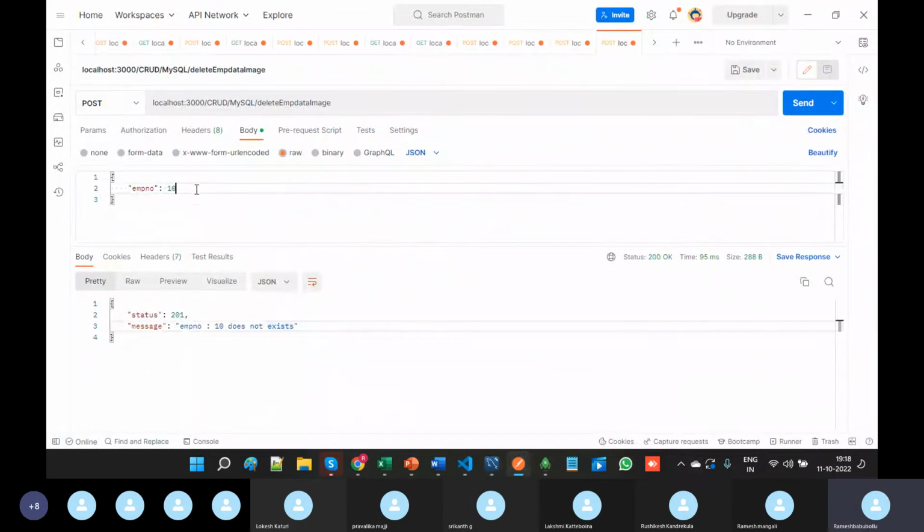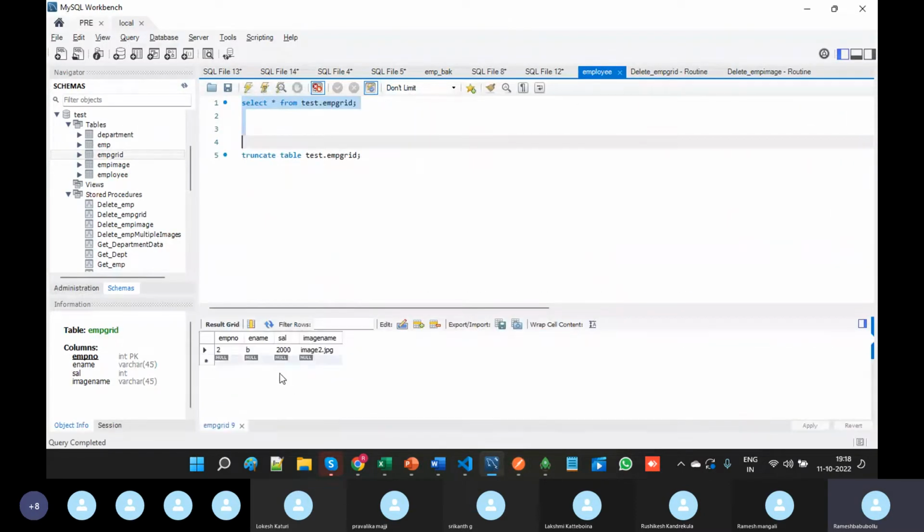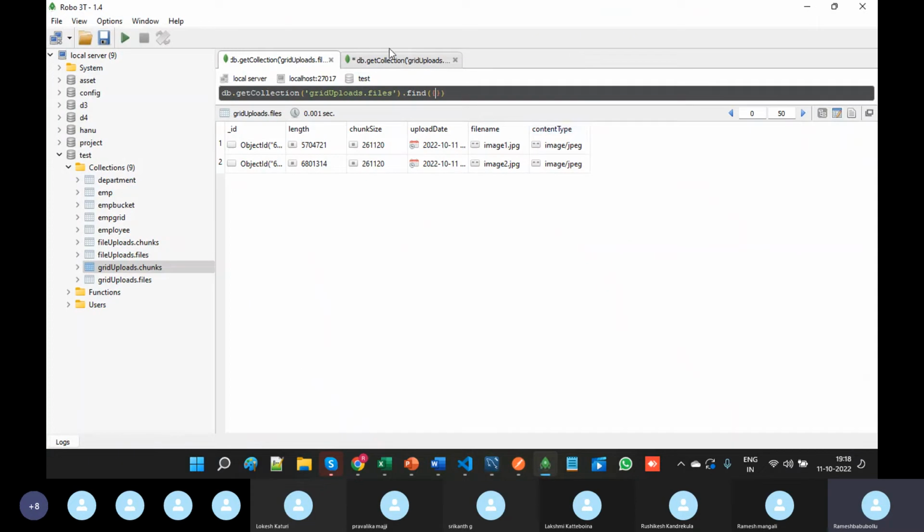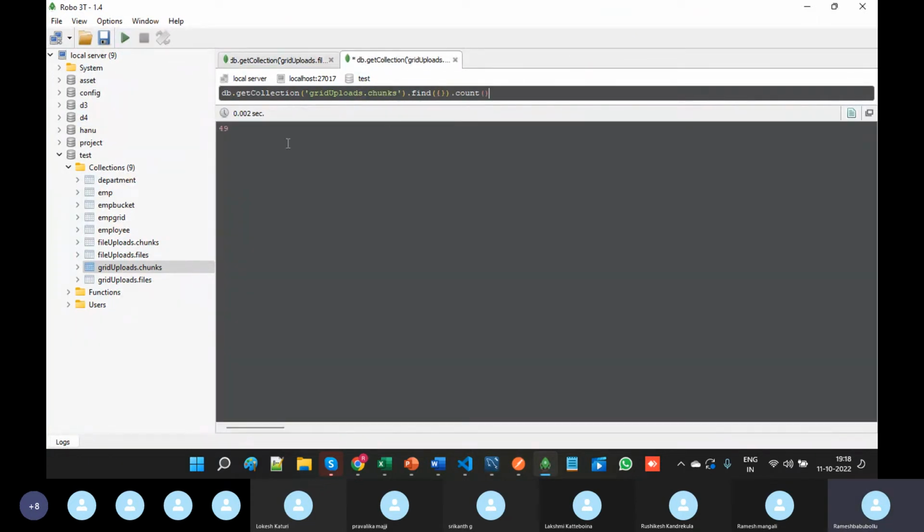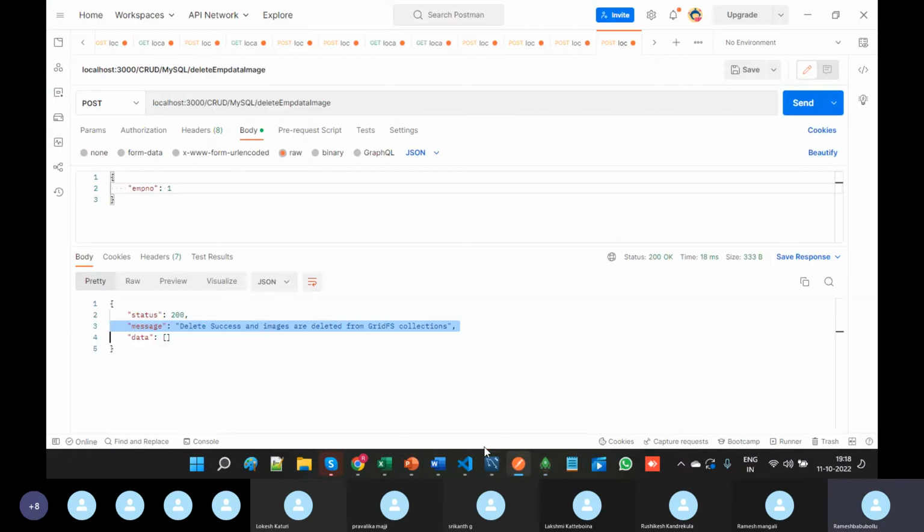Now I am giving 1. So delete success and images are deleted from GridFS collections. So we will check in MySQL. See, image 1 has been deleted, and in MongoDB .files, image 1 has been deleted. And see, this 49 count is there. If you execute this, 27. Why? Because image 1 chunks will be deleted. Okay. So next, if you give 2,